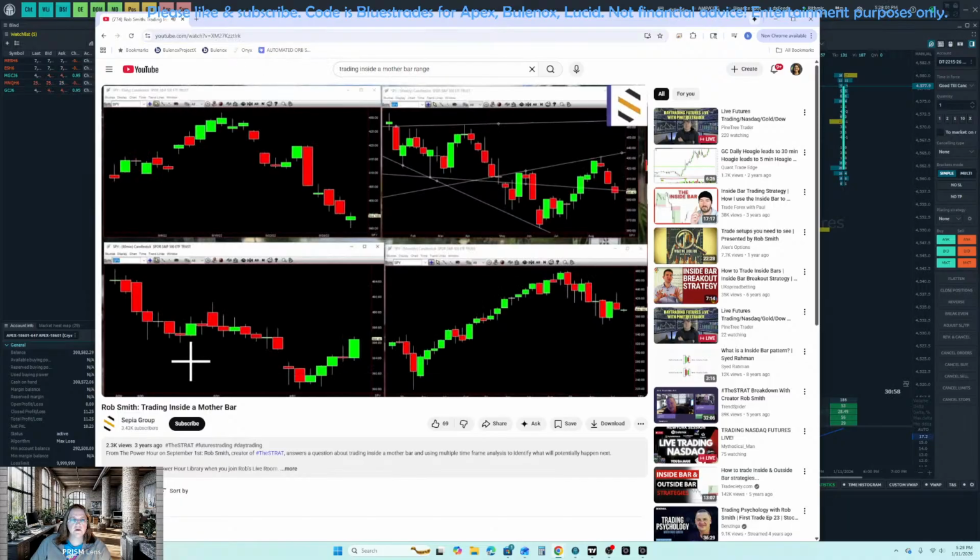Rob, I understand that trading inside of mother bars is tricky as price action starts all over again and can be choppy. On the other hand, everyone has its mother bar. Can you please explain when it is good to enter a 1-2 reversal trades or rev